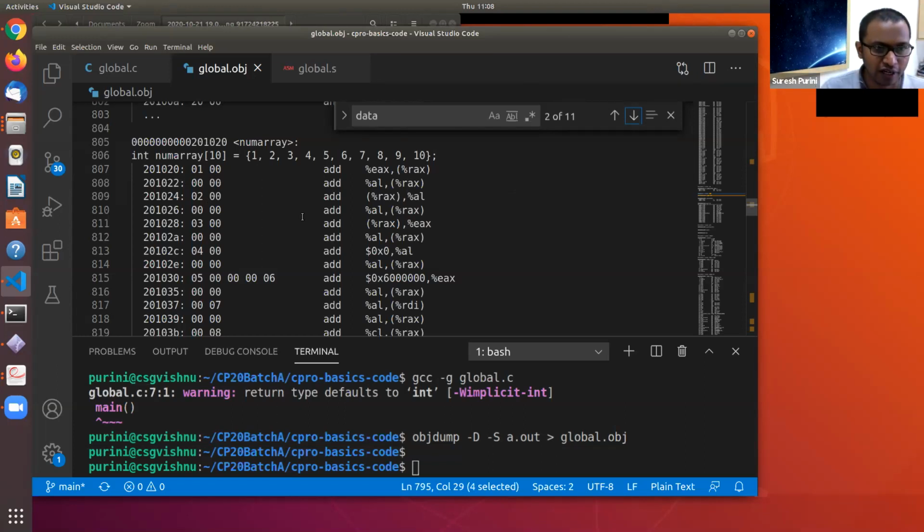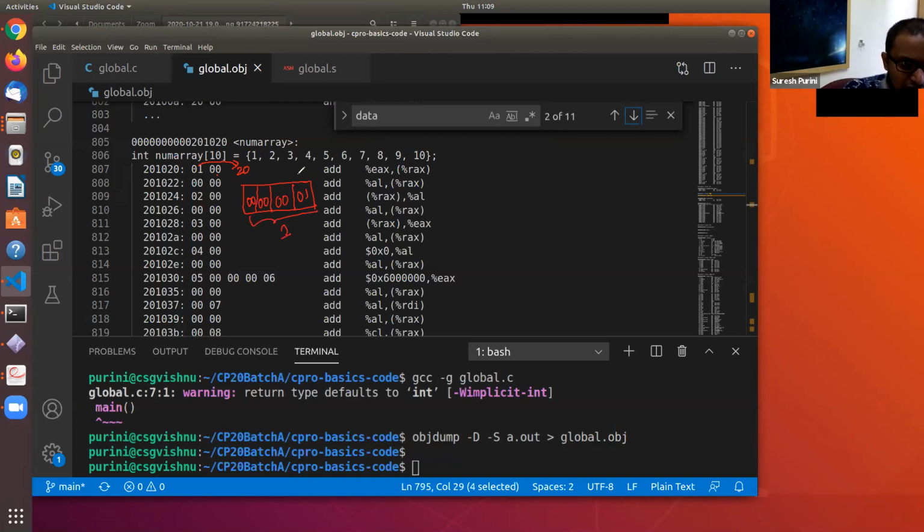In case you are wondering, this 01 is present at the address ending in 20, and if you take this whole thing and split it, this one is allocated 4 bytes. So this is 01, this is 00 in hexadecimal, so this whole thing is equal to 1.